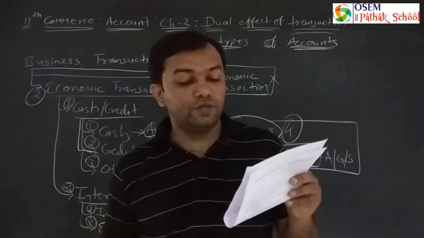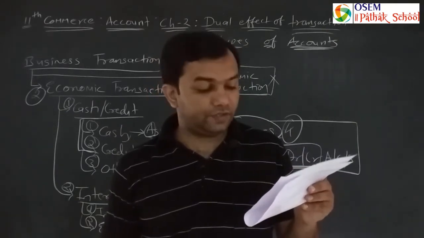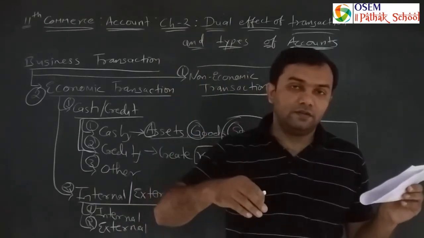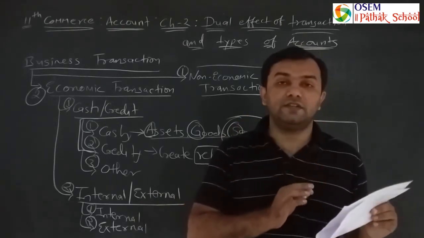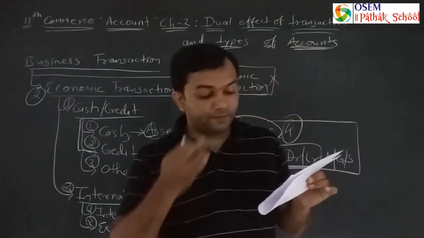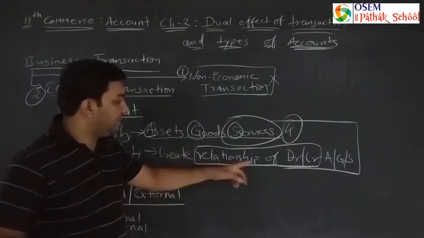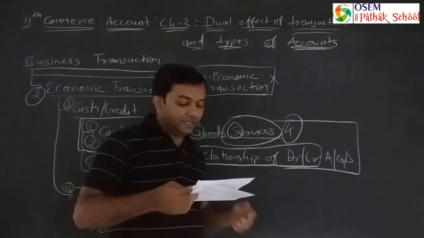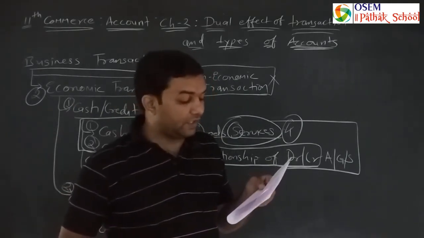An example is given here. Goods worth rupees 4,000 are sold to Kalpana on credit. So the sale of goods is happening in the present, but it is a credit transaction. It is clearly mentioned in the transaction. So payment will be received in the future. Kalpana becomes debtor. If Kalpana is receiving goods and not paying the cash, she becomes a debtor of the business, and the business becomes creditor for Kalpana.